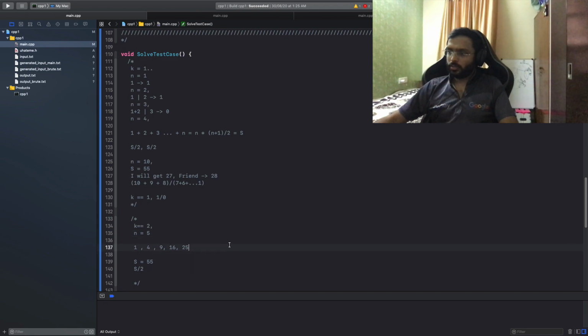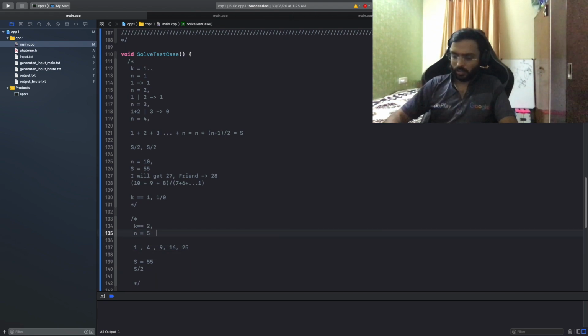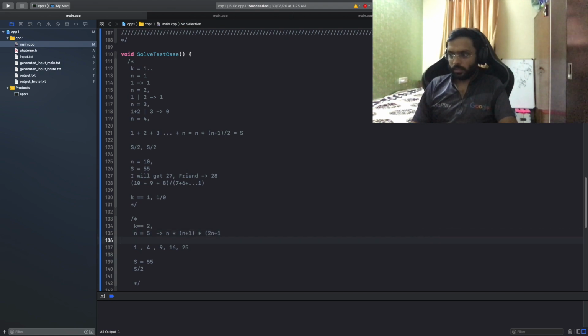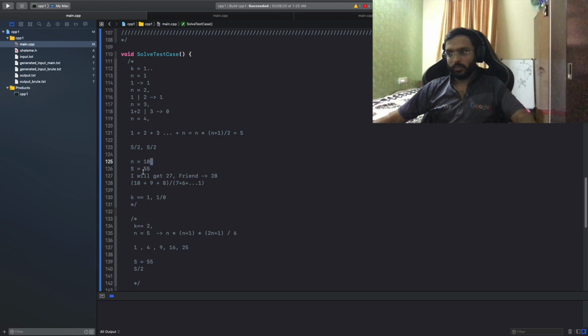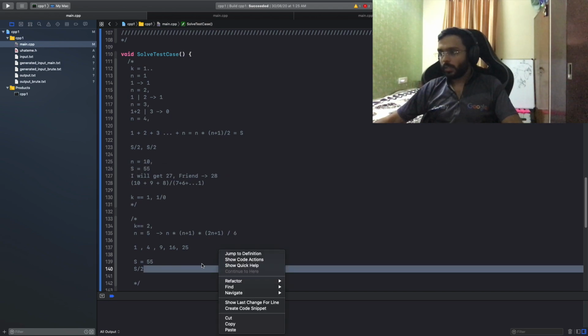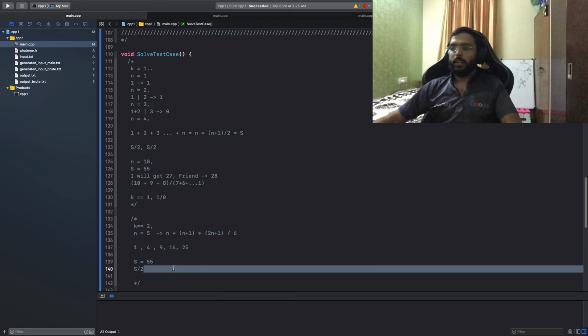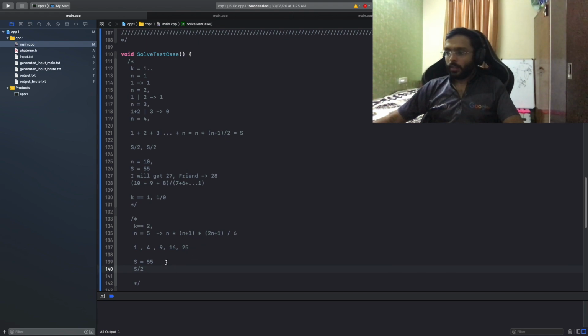Because this sum is actually equal to n into n plus 1 into 2n plus 1 by 6. So I think it's just a coincidence that it is 55, similar to this. Anyways, so sum is 55, so s by 2 is 27.5.